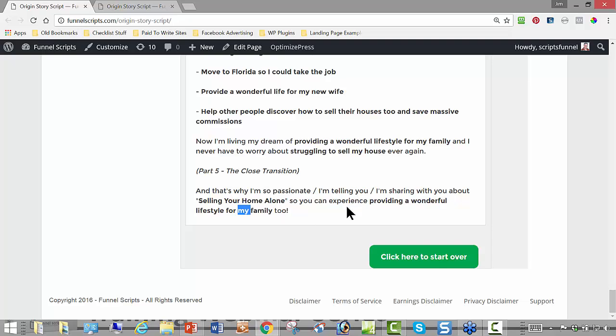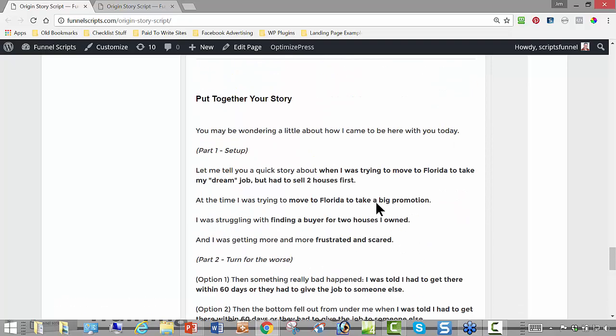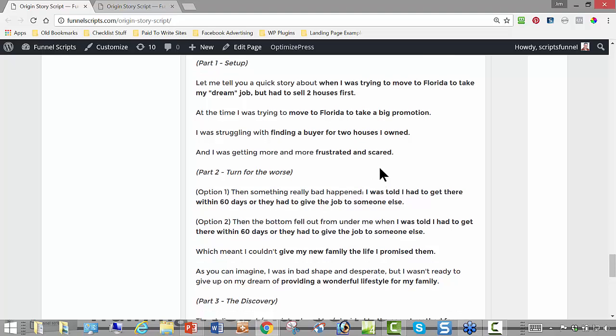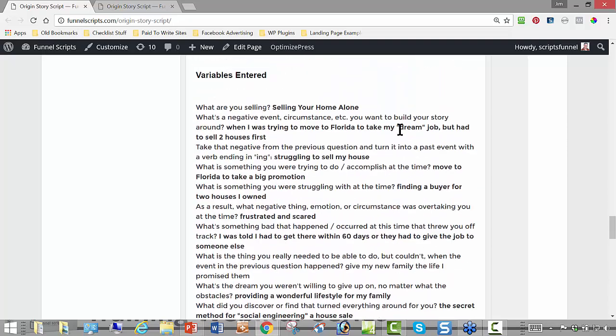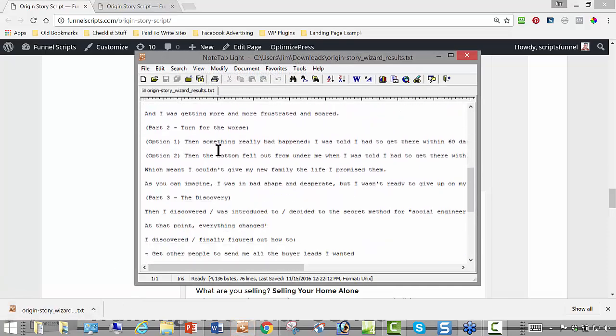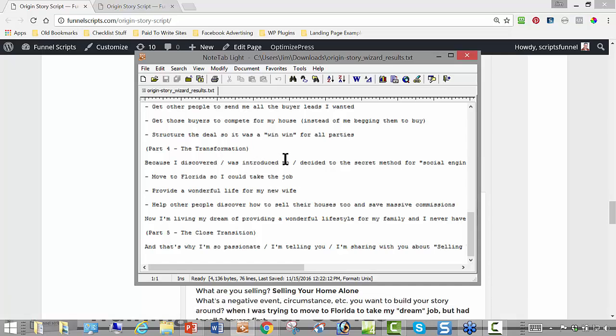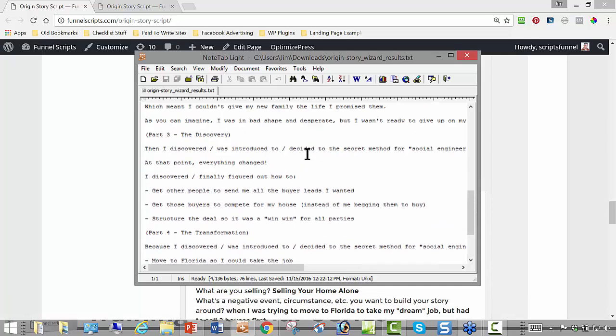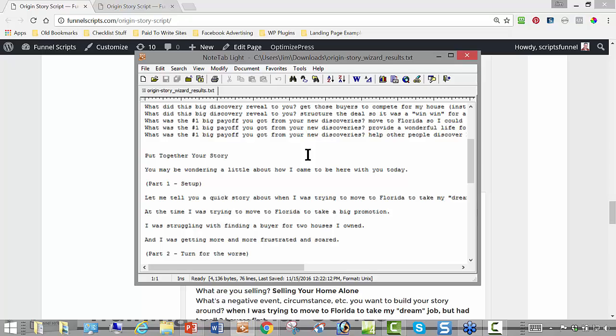So you'd have to do a little edit there. But again, you might expand this and contract this. You might provide a little bit more detail. You might provide a little bit less detail. You can download it by clicking the save button, and it'll download as a text file from your browser to make it easier for you to edit. So again, you might expand it, you might contract it.